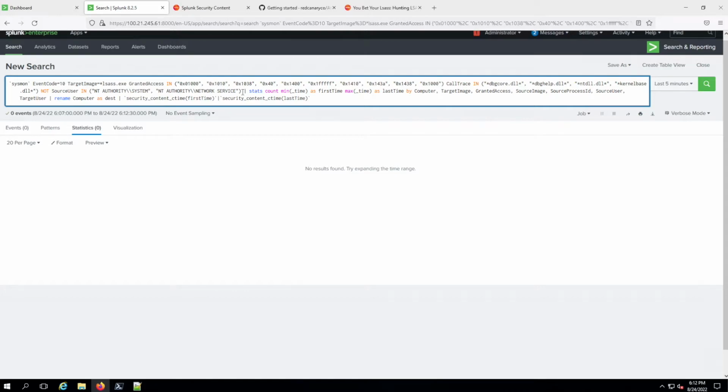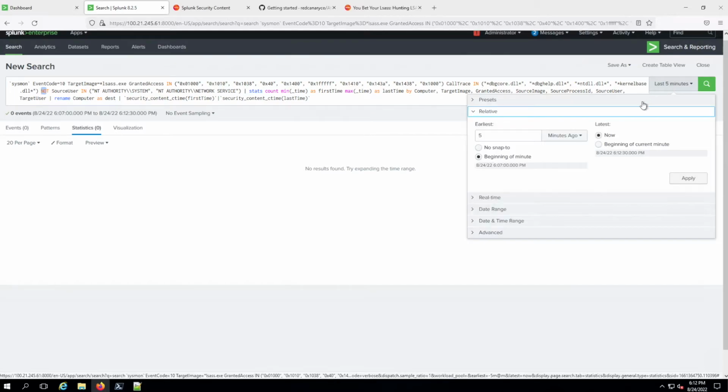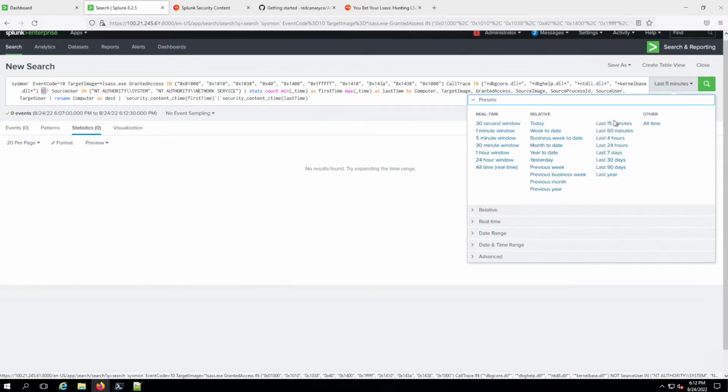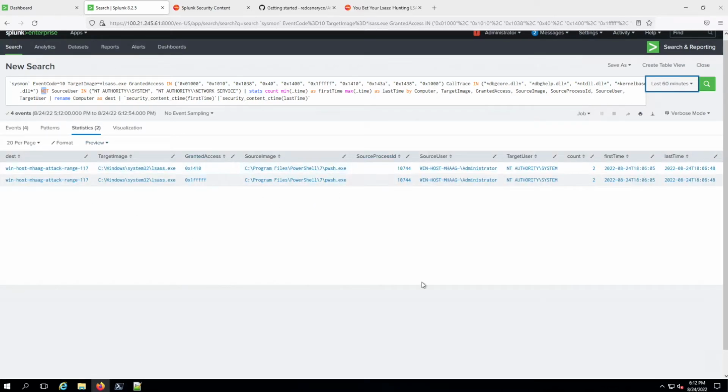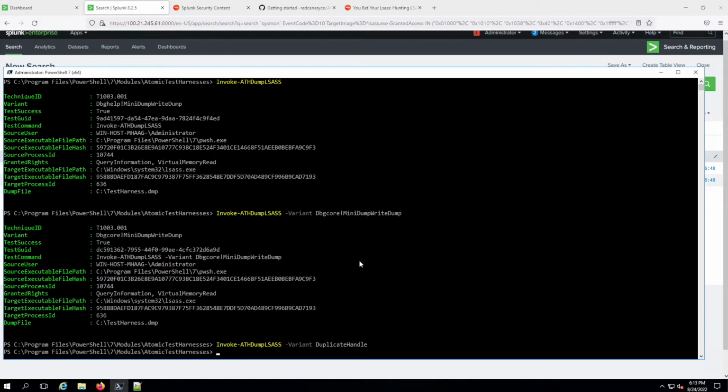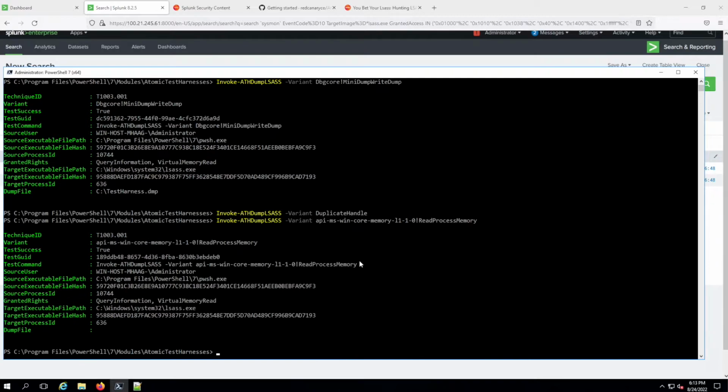All right, so I messed something up. Let's see. Let me just remove this real quick. Oh, within our time window here, I'm just going to do 60 minutes because we have enough data in here now. Okay, so there they are, the 2 that we're looking for. So from there, I'm going to go ahead and just start flipping through the variants here before I start messing with the